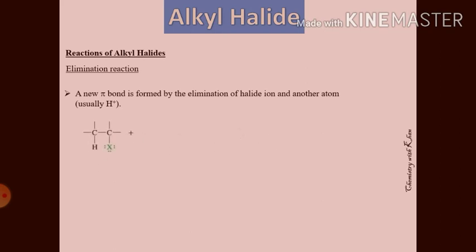Look at this. A halogen is attached to ethane. It will react with a negative-charge-containing compound. It may be a base, it may be anything. It will be an electron-rich species. It will attack on hydrogen. Hydrogen will be removed and a double bond will form.